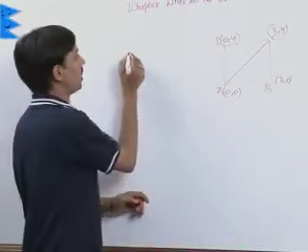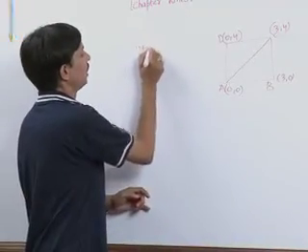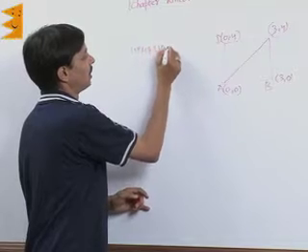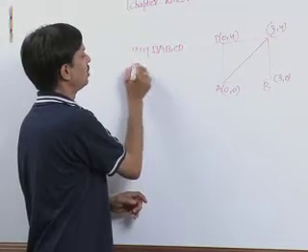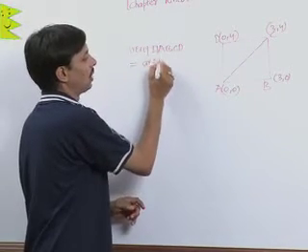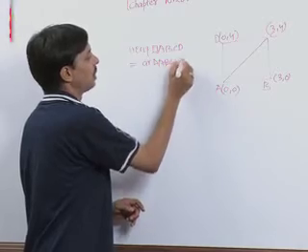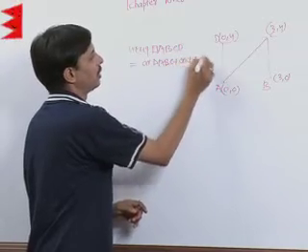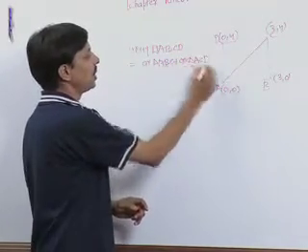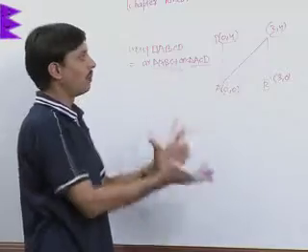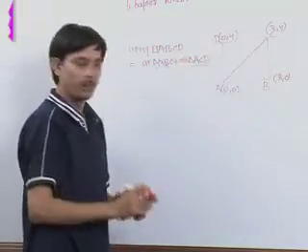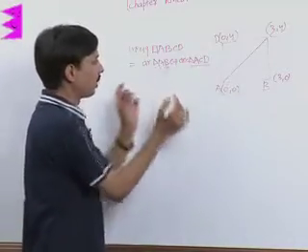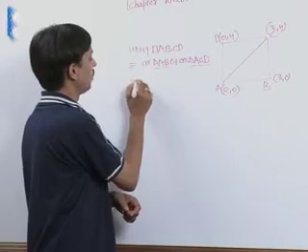So the area of quadrilateral ABCD is equal to the area of triangle ABC plus the area of triangle ACD. Their combination will give us the area of the complete quadrilateral. Now to calculate the area of triangle ABC,